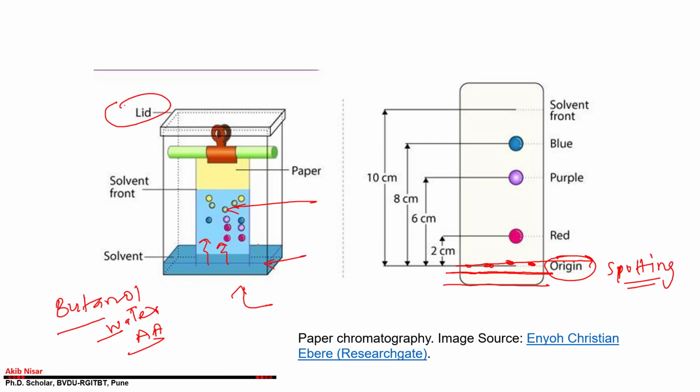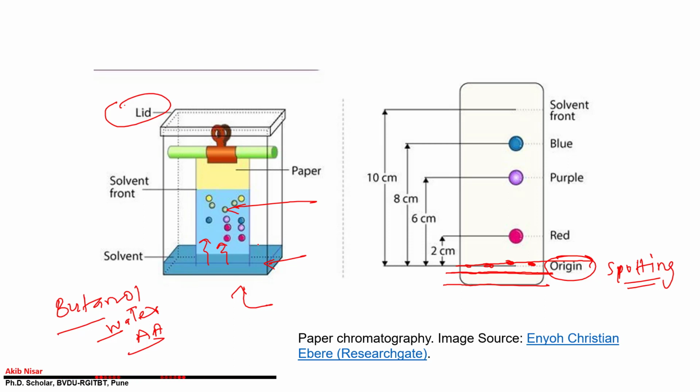The same phenomenon takes place here also. You are taking a paper, actually Whatman filter paper. What is it? Basically it's made up of cellulose. The paper you are using at home as your stationery is also made up of cellulose. So it's the same. The difference is that the Whatman filter paper is very delicate, prepared very carefully, so that there must be no fingerprints, no smudges. You have to avoid all these things while handling as well.